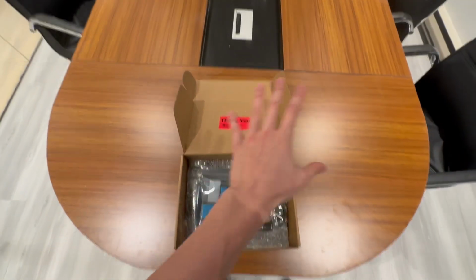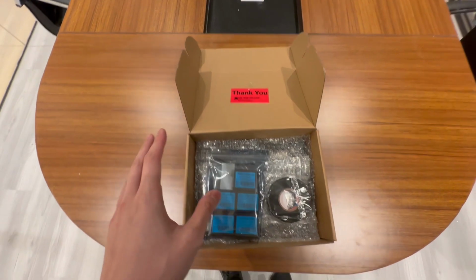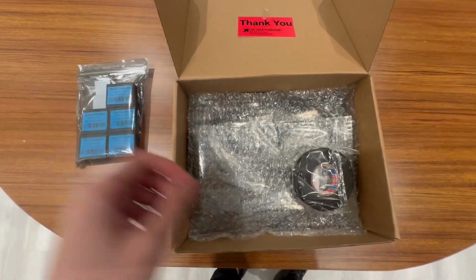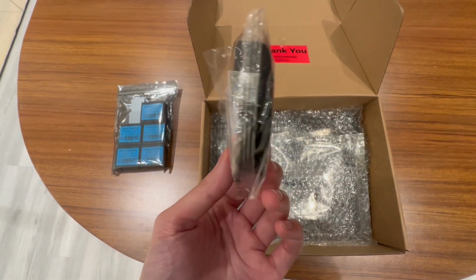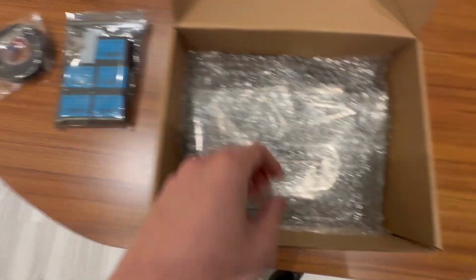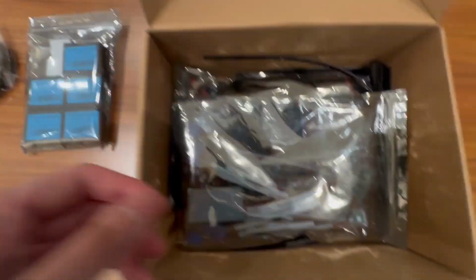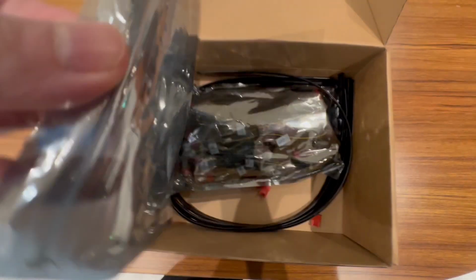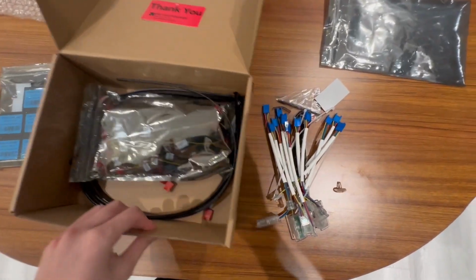I'm going to lay it all out on the table for you guys to see what everything looks like and which wiring harness goes where. So we're going to put that off to the side. The tape, it'll be good if you want to wrap your harness like the OEM factory harness. We got some packaging. And then we got the lights. So I'm going to take it out just to show you guys. So once you take the lights out,